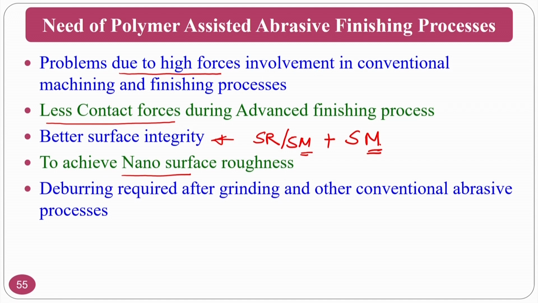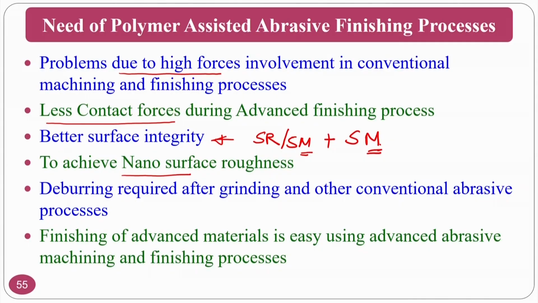You have already seen the surfaces are very rough and deburring is required, as well as some of the materials that are deposited on the neighboring valleys have to be removed. The material that is loaded in the valleys has to be removed. The finishing of advanced materials has to be done because the world is growing. As the world grows, what happens? New materials are coming, ceramics are coming, glass ceramics are coming, biomaterials are coming. You have to polish or you have to finish.